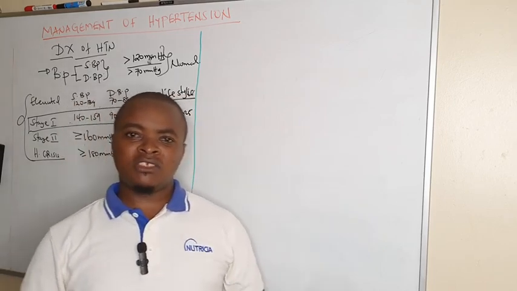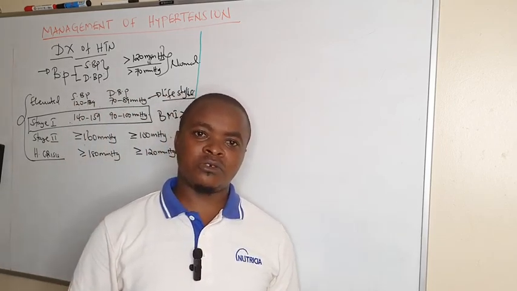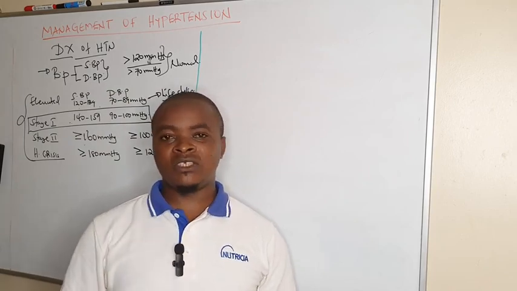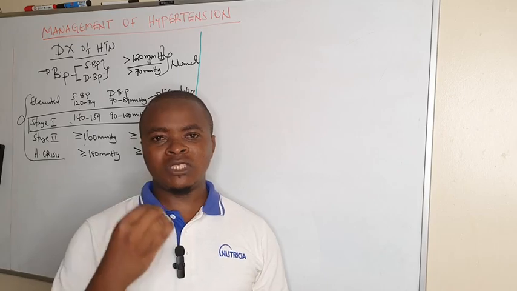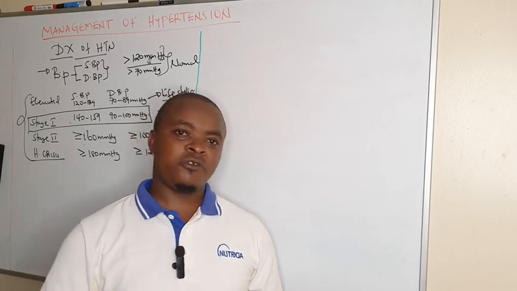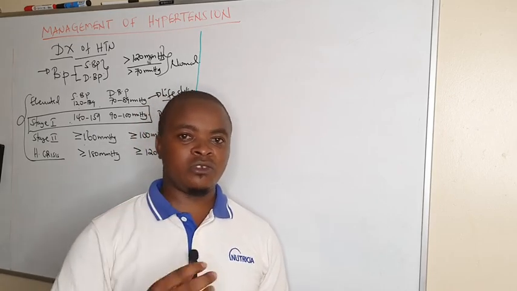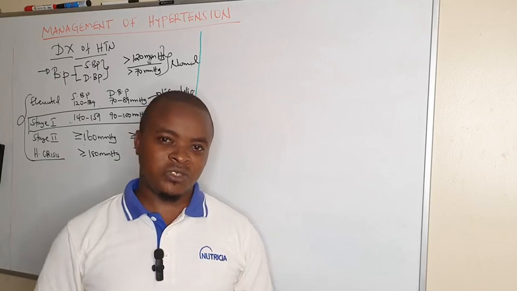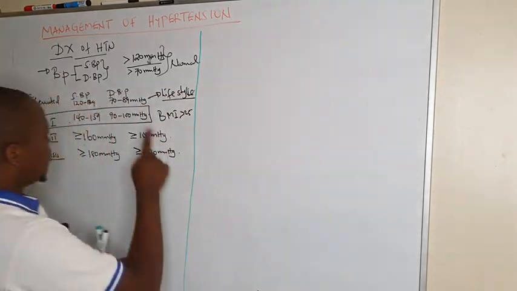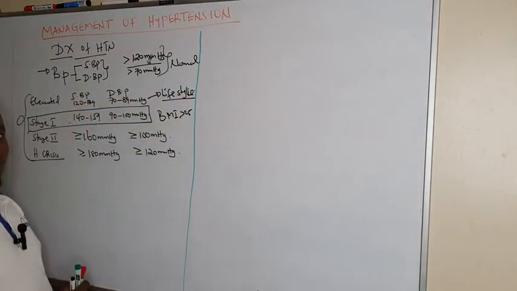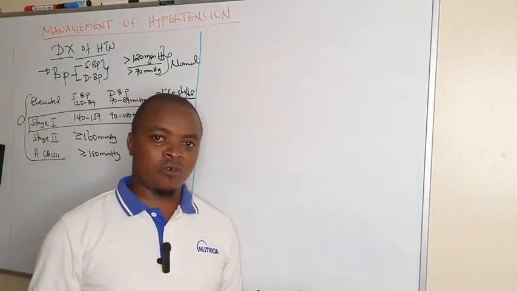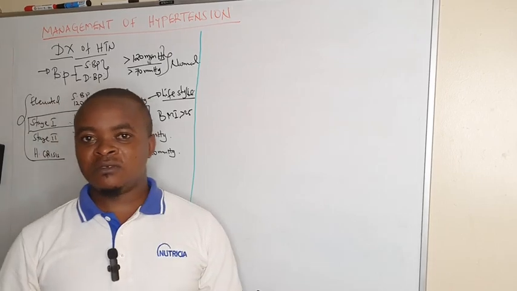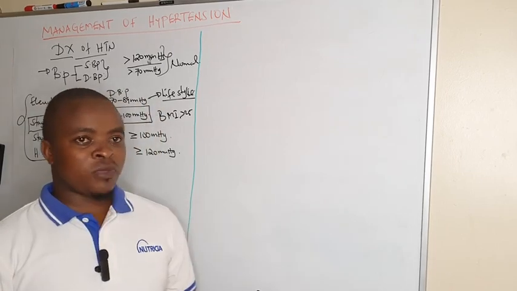Then another modification is that if you are taking alcohol, we also advise you to moderately reduce the intake of alcohol. If you are a smoker, we also tell you to stop smoking so that we can reduce the chances of continuing into hypertensive stages. That is how we can do lifestyle management. After that,